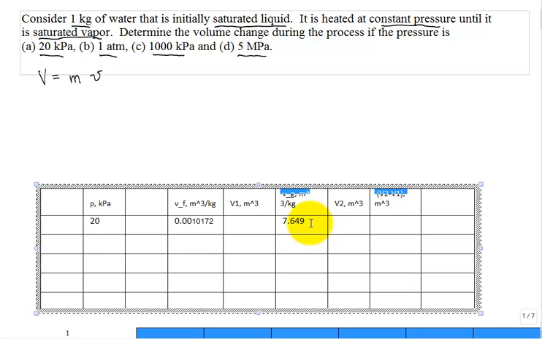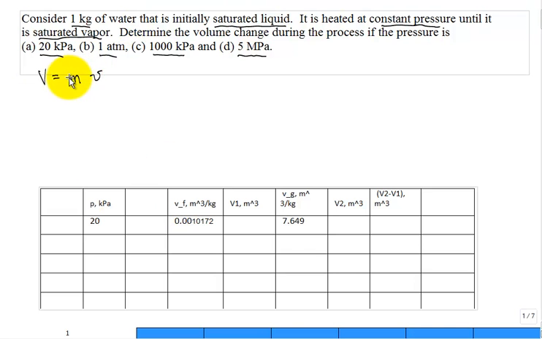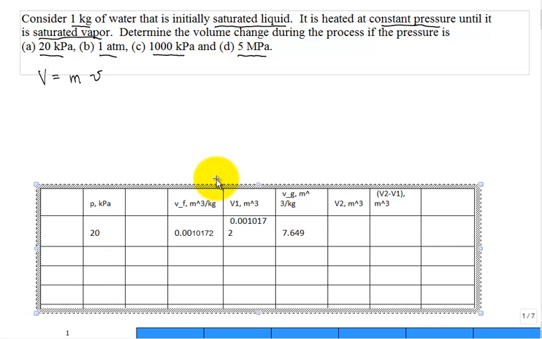7.649. Okay, so we have those two values. If you have only 1 kilogram of water, then it's pretty trivial. You just take the mass of 1 kilogram times the specific volume. You just get rid of the kilogram. 0.00100172 is the specific volume,